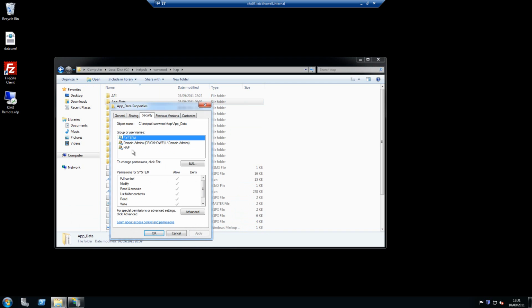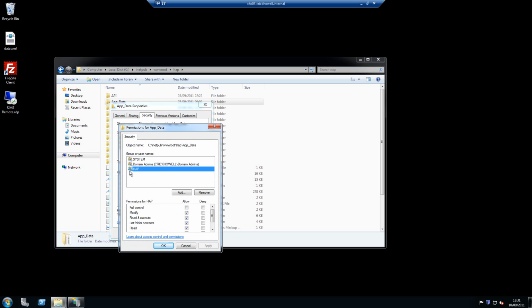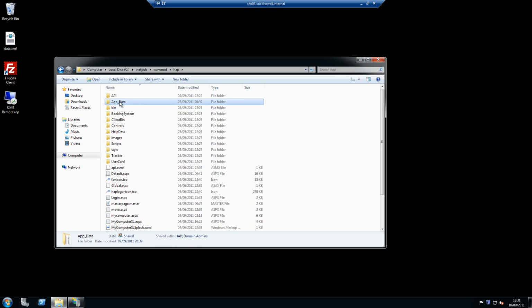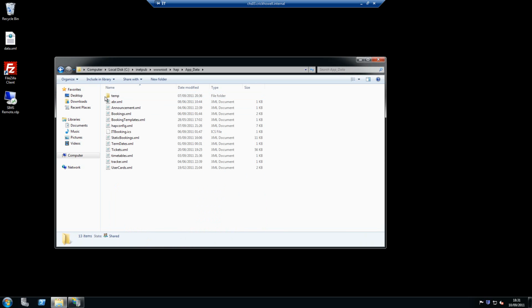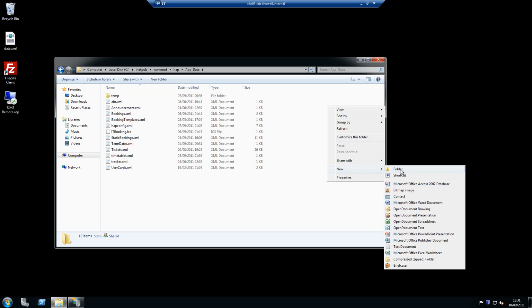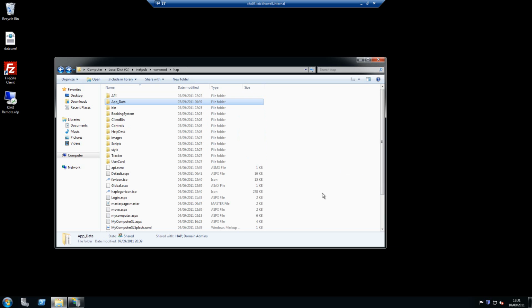In here, you will need to select HAP, click Edit, select HAP again, and check the Modify option. This will allow Home Access Plus to edit the Home Access Plus folder. Inside application data, confirm that there is a temp folder that has been created. If a temp folder has not been created, create it now by right-clicking New Folder and calling it temp. Once this has been created,